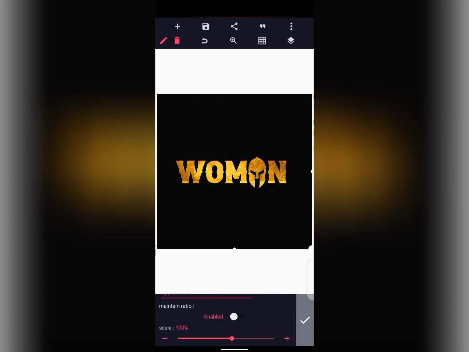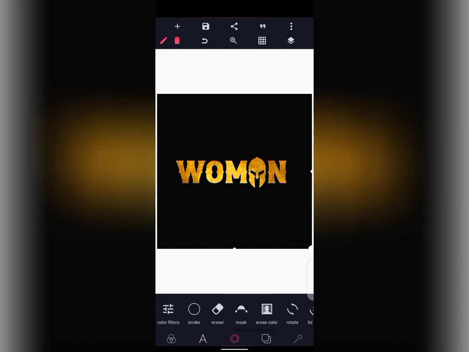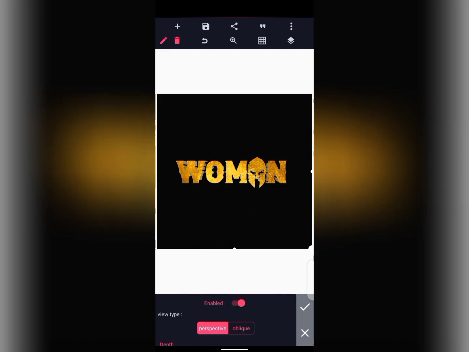Now the reason why I saved it and imported it back again is to make them align together very well. Then all I need to do is to scale it properly, use my hand and scale it. Then the next thing I did was I went to my 3D, activated my 3D. Now if you observe, the 3D is broken. All you need to do is to go to your